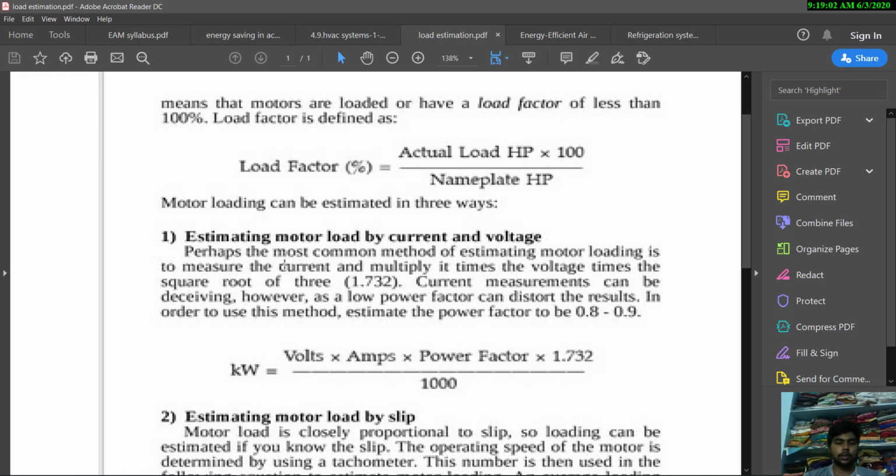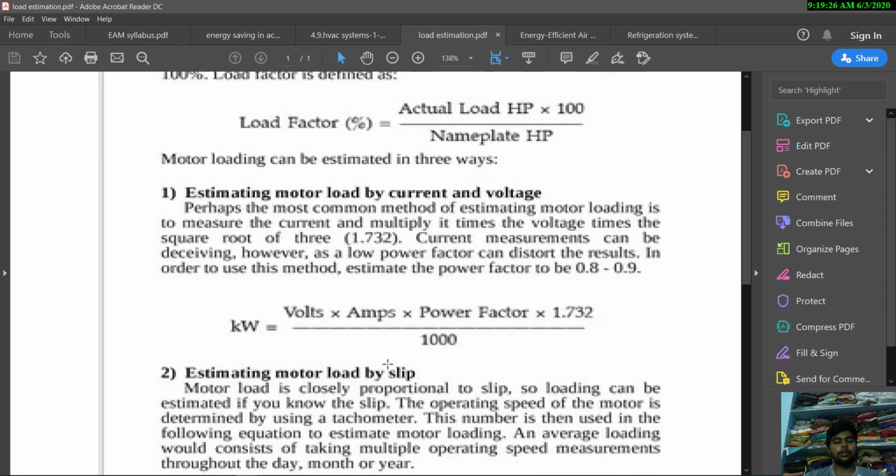This is possible only in AC motors, that is, induction motors or AC synchronous motors. Such types of motors will have this type of estimation technique, but it is different for DC motors. There we can't directly apply these types of formulas. There only two parameters are possible, that is, voltage and current.